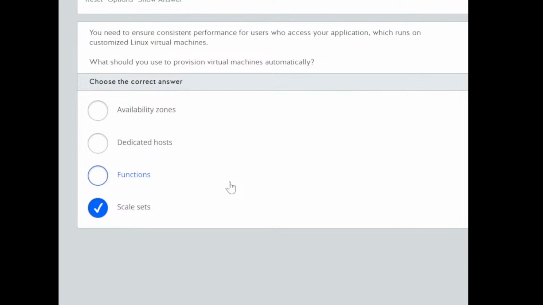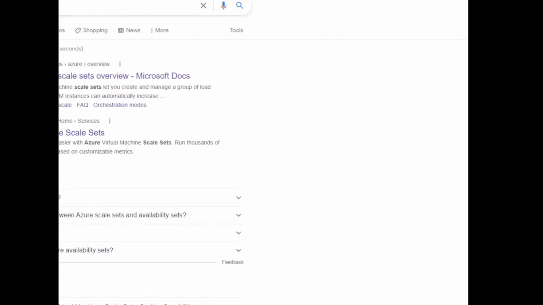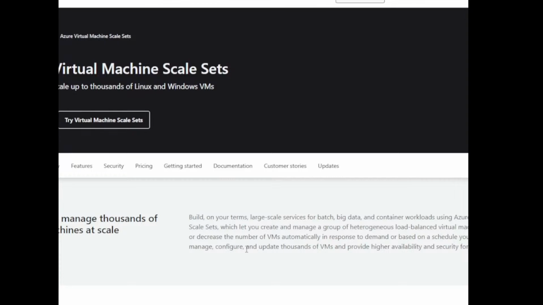What should you use to provision virtual machines? Magpo-provision ka ng virtual machine eh. Create, manage.